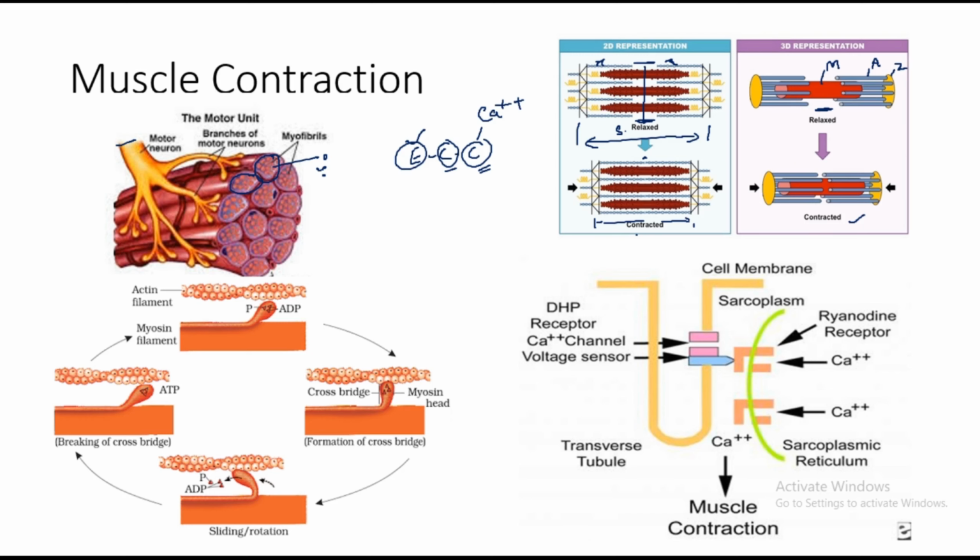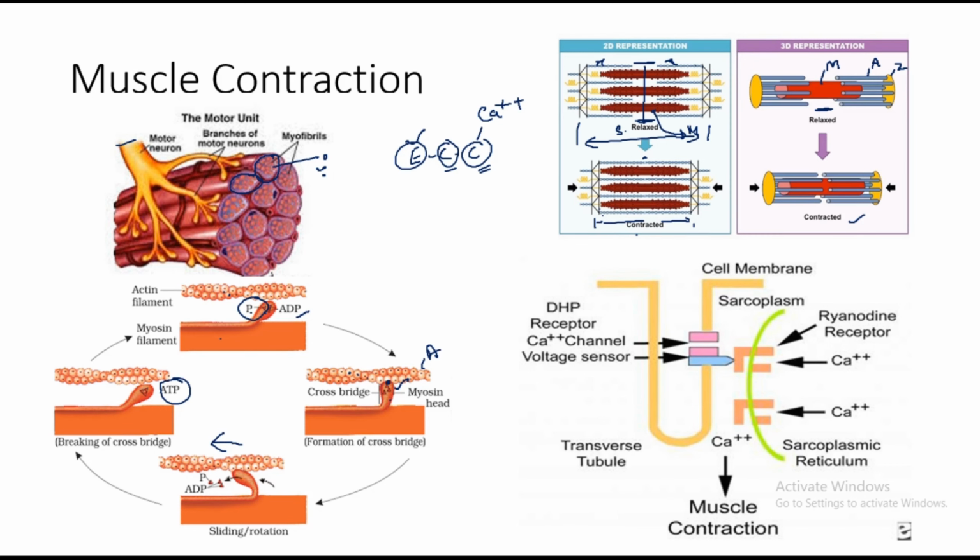So during contraction, these myosin filaments drag the actin filaments from either side, pulling them. The length of the sarcomere is decreased, and once the ATP breaks, the contraction is over, and again ATP breaks up and the muscle relaxes. So this is how the cycle of the contractile process happens in the muscles.